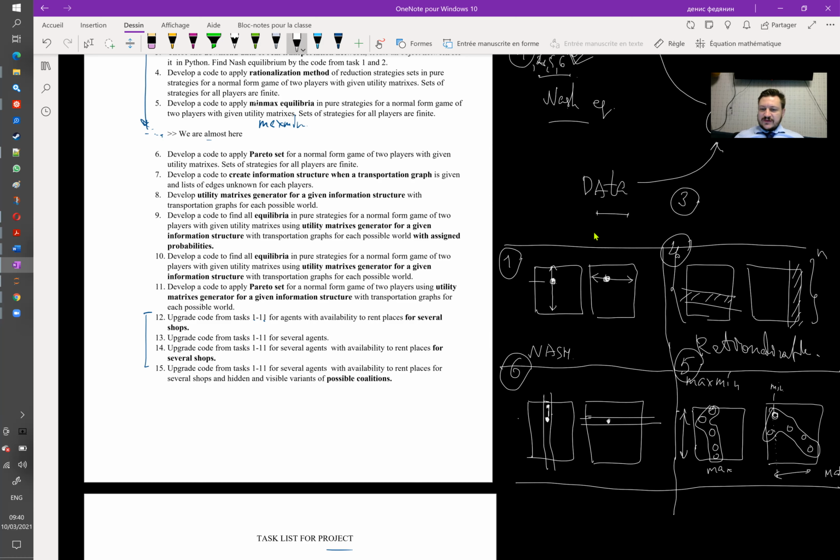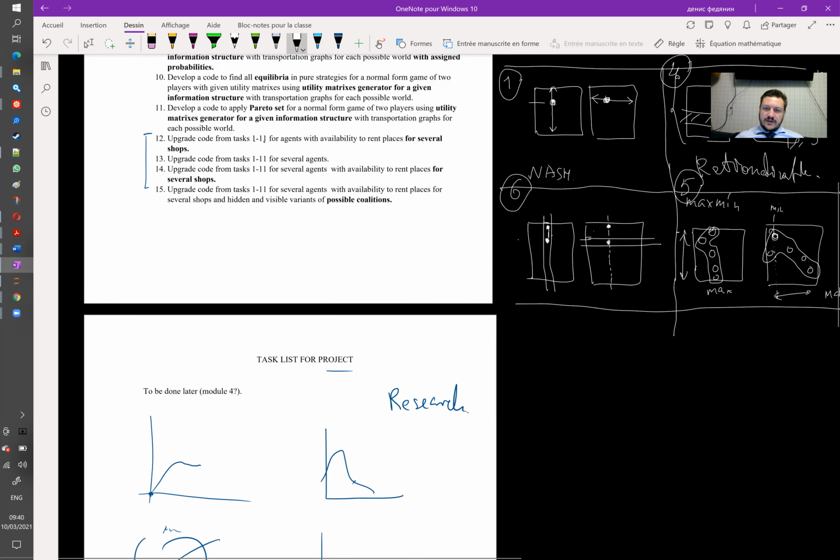But for Pareto set, Pareto optimality, it might be that this point is worse for the second player, so they don't want to make the situation worse for their opponent. So it's some kind of Pareto set. Sometimes people talk about Pareto when they have